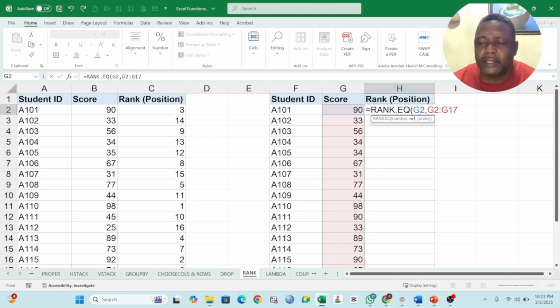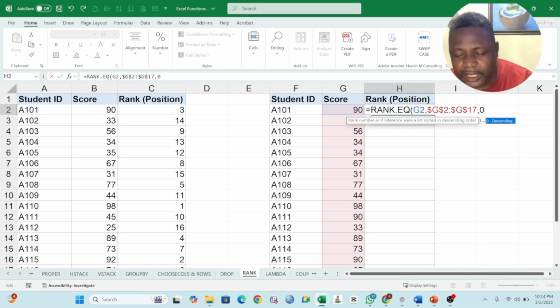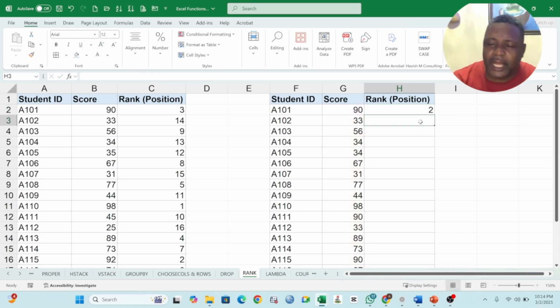Like I said, you have to make your work accurate. Make your reference absolute by putting a $ sign before G and then before 17. I used the function key F4 before to automate that process. Put 0 for descending order, and then you use the Enter key. So if you drop this down,